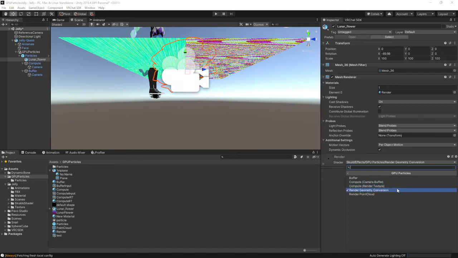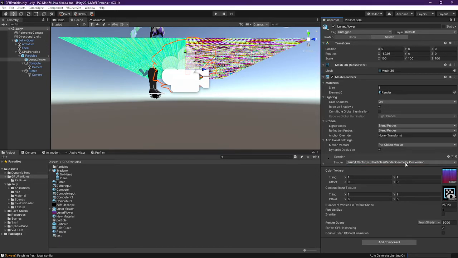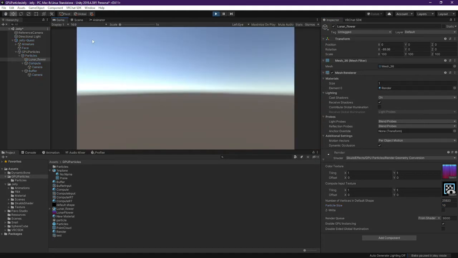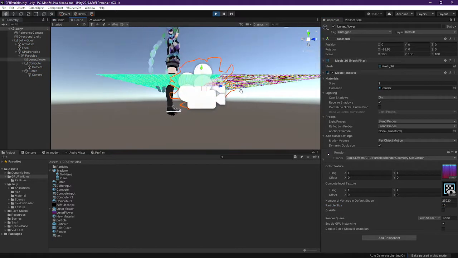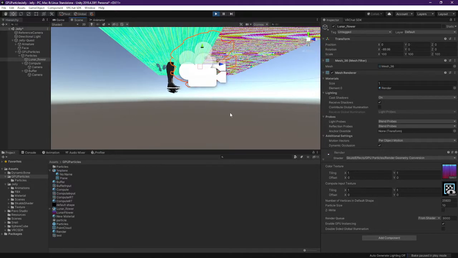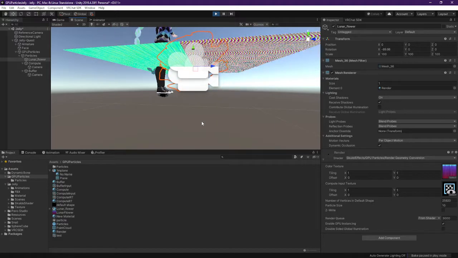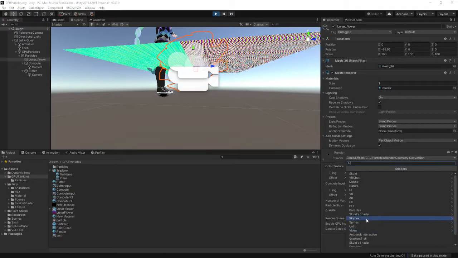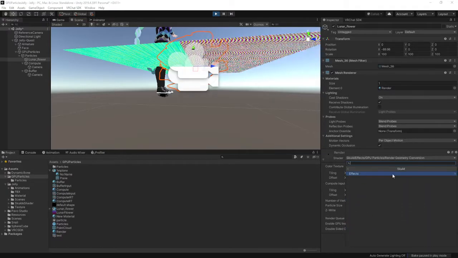There. Render point cloud, render point conversion. I don't know which one's which. I think this is supposed to be bigger, by the way. Try again. Data, it's running, it's echoing. There's a GPU particles not doing what they're supposed to. So maybe the problem here is that I'm using